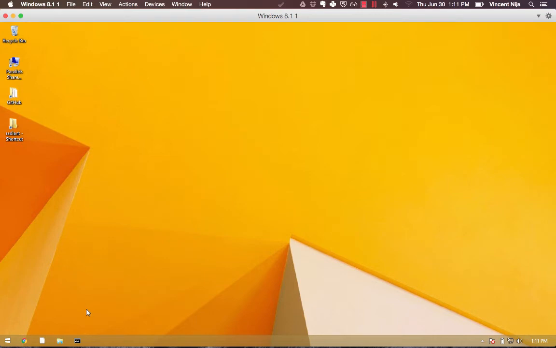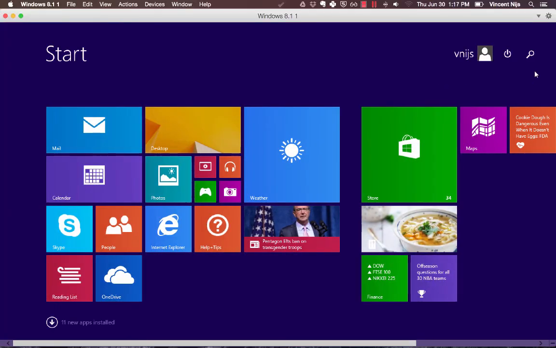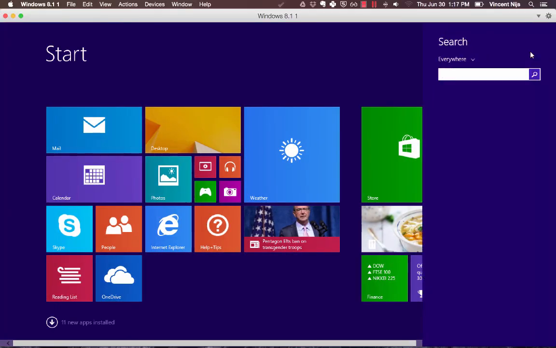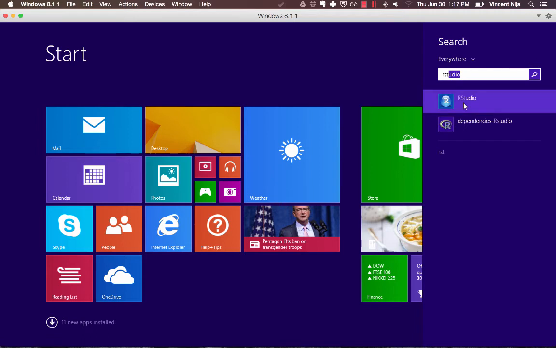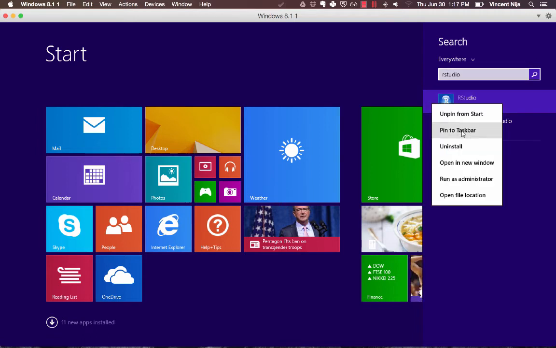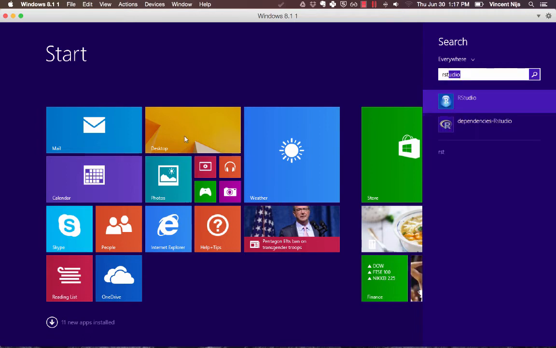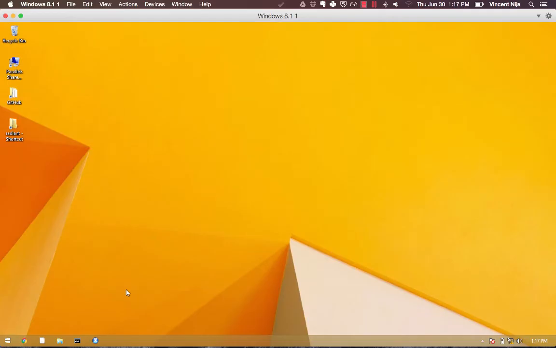All right, so how do we get to RStudio? Because RStudio is what we're going to use to start up Radiant. All right, looks like we'll have to search for it. There it is. So let's add this to the taskbar. All right. And there it is. So now if we open up RStudio,